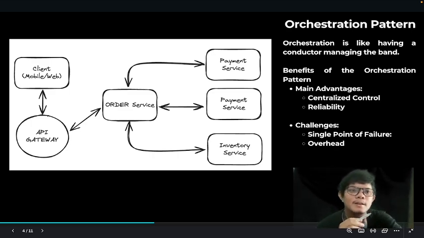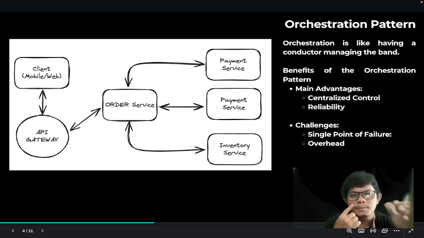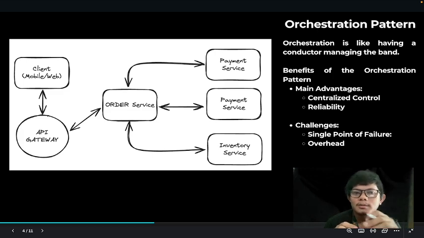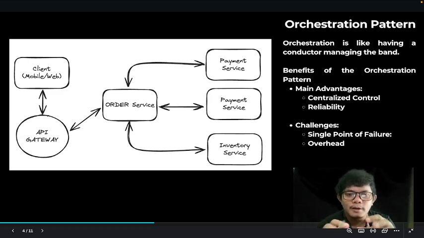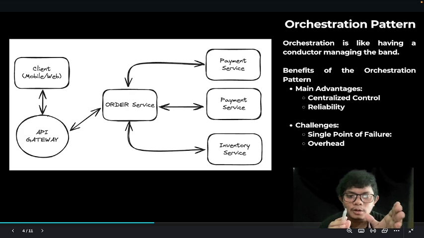Just like a conductor in an orchestra, the orchestrator directs its microservices on when to play their notes in the process. So you can imagine, in the positive flow from the image, the stock is available, the client has picked their product and made an order. From this example, the order service is the orchestrator. Skip the API gateway first, we focus on the backend services. So the order service is the orchestrator for just this business flow.